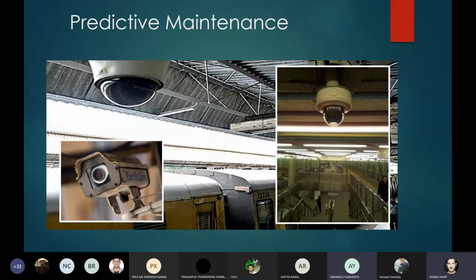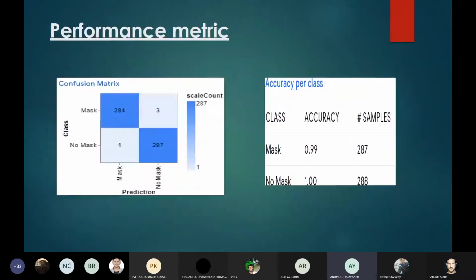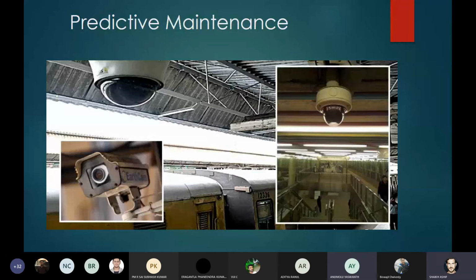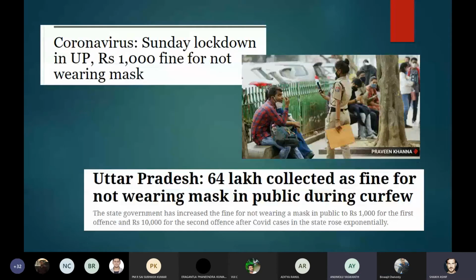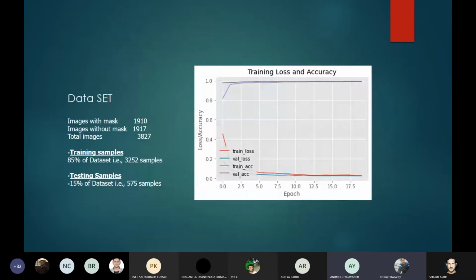What to say? Because if I want to catch many people, usually the government has declared a fine over not wearing a mask, public awareness. So for that, I need to have a good infrastructure in place, and for that, the camera should be working. Okay, that is fine, but how will you be predicting that? Just tell.